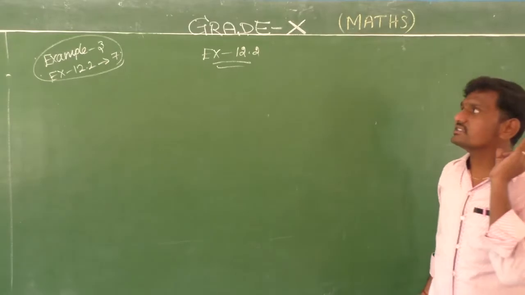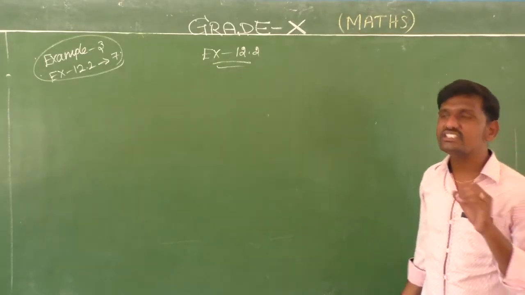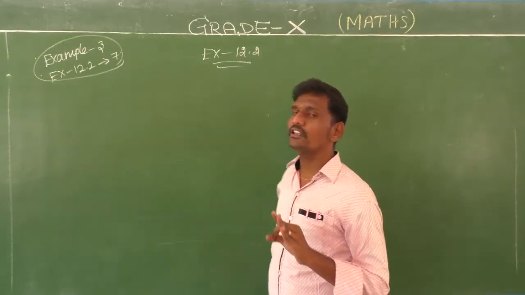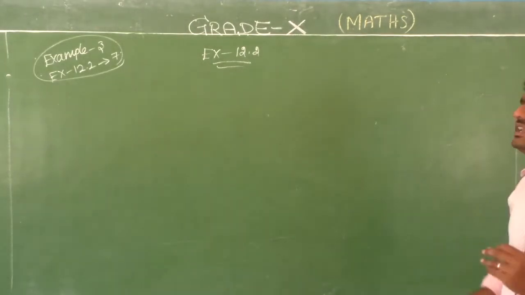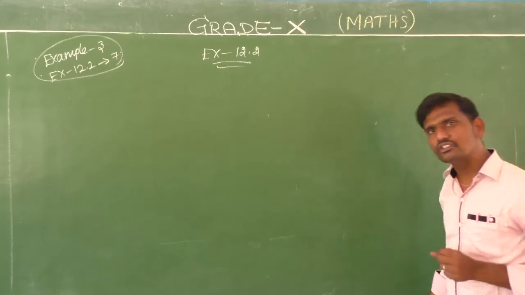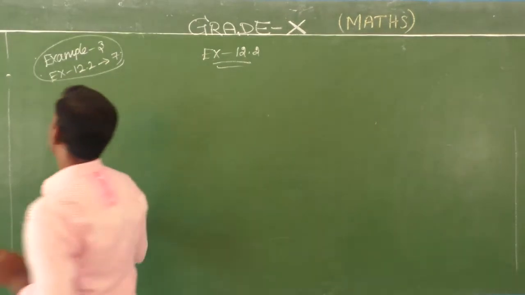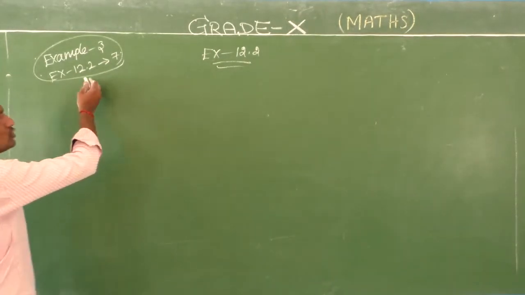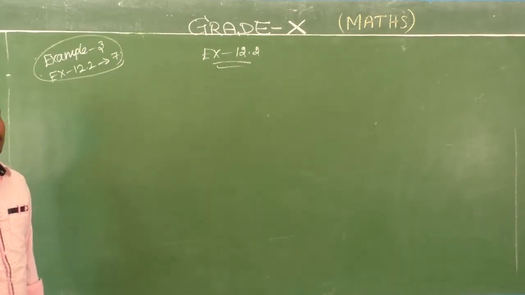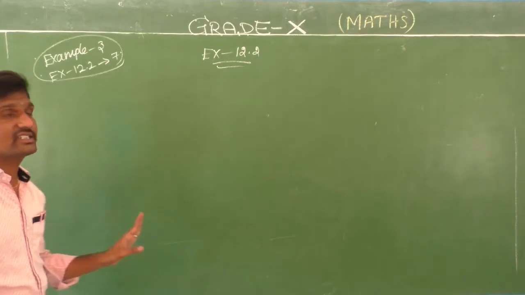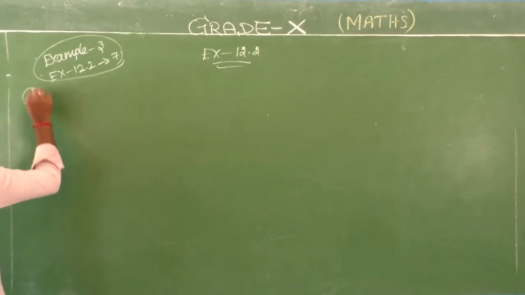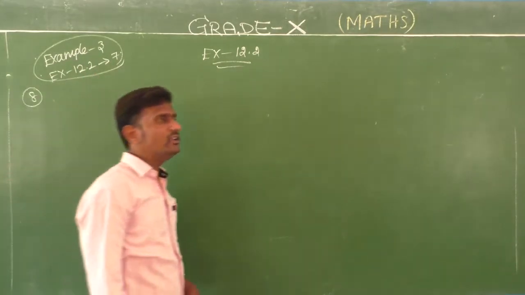Okay, so in areas related to circles, the deleted portion is based on the central angle 120 degree of the sector. That's the only deleted portion. The students, fine. Now, already 6 questions you have completed in your previous class, and the 7th question is your deleted portion. You don't need to write it. Now coming to the 8th question in exercise 12.2.